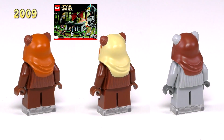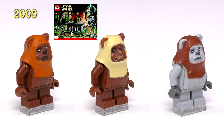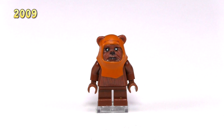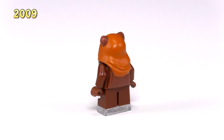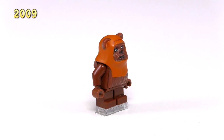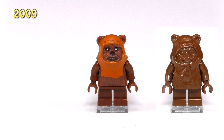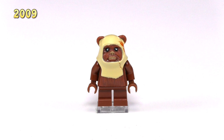They all came out in that Battle of Endor set 8038. On the left again we have Wicket. Of course the brown plastic is new, but the main difference is with the mold. The shape of it has changed entirely, and with the added printing for the hood, it definitely changes the dimension up a lot when you can see the ears poking through the top and his face showing through the cloth in the front. He's about $11 on BrickLink,